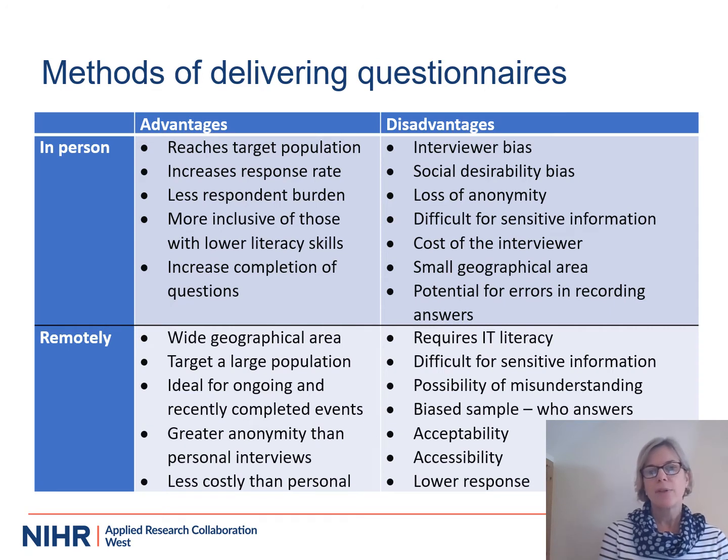And another key disadvantage I just wanted to highlight is, of course, this assumes people have access to that mode of delivery that you've chosen. So if you're choosing email, we need to have access, permission, and a list of email addresses. It assumes people are on email, and we immediately start excluding people who perhaps don't use things like email and social media. So we really need to think about the profile of people that we're able to reach in this way.